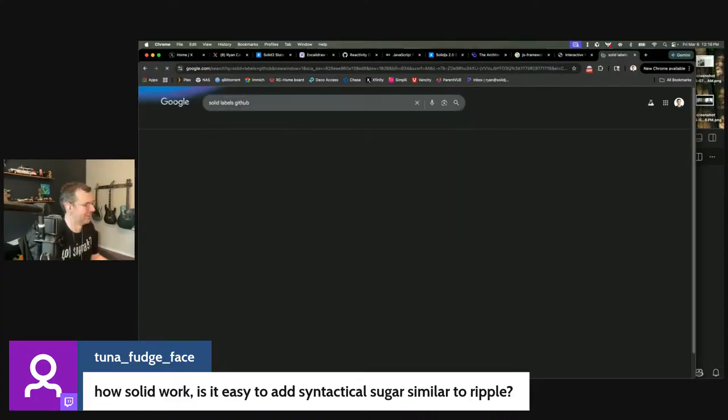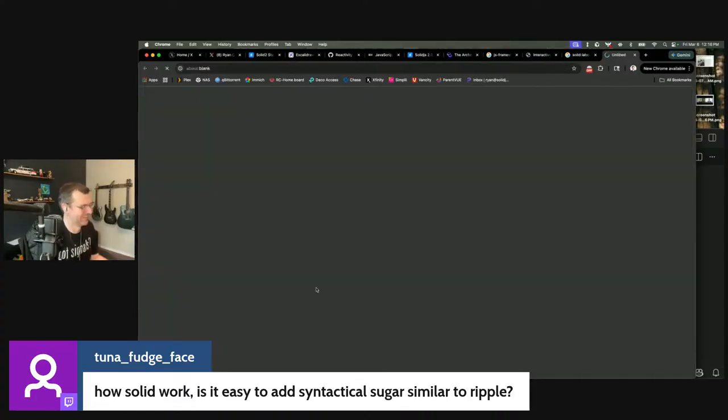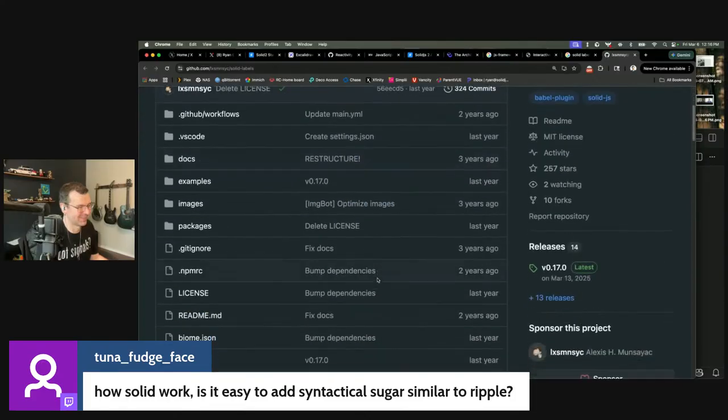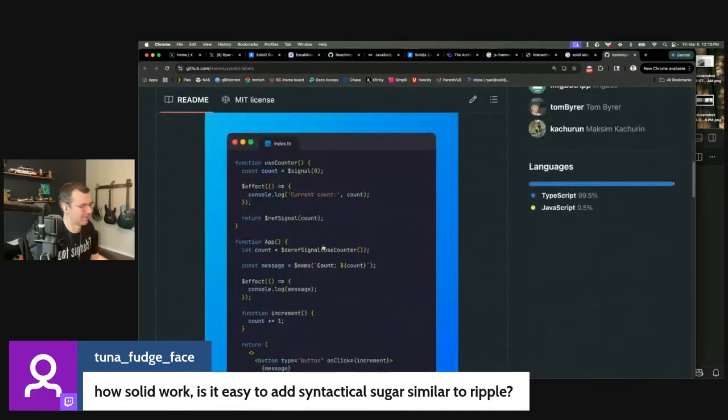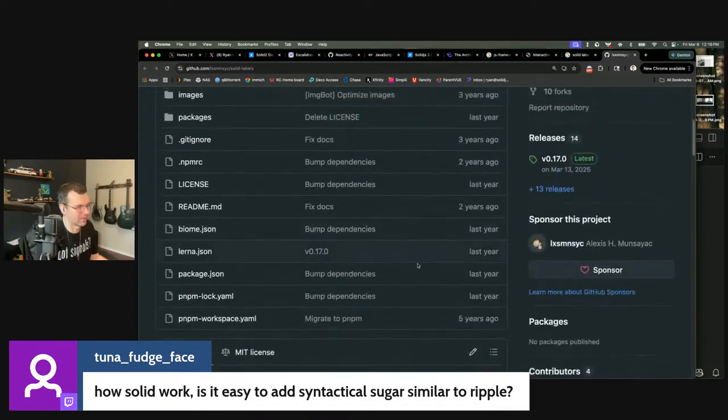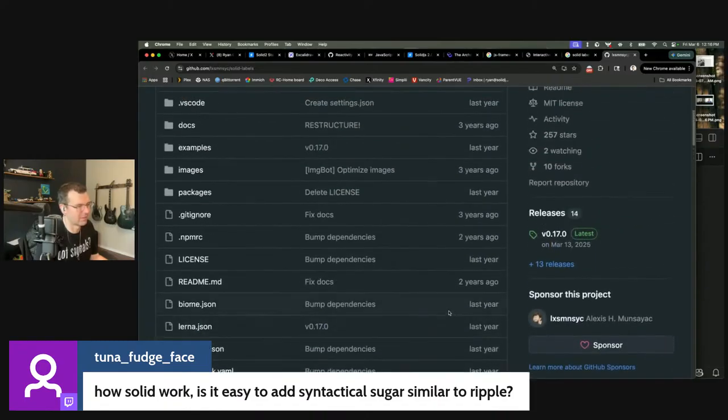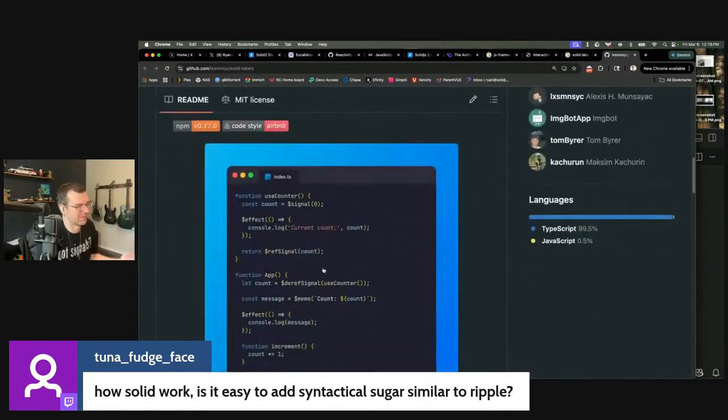GitHub. There we go. Yeah, it's SolidJS labels. So there's different kinds of things. Like this is a library that was released like 5 years ago. It's kind of funny because there's only so many places you can go in the design space when designing these things. So the fact that Svelte runes and Ripple kind of stuff looks similar to something that we released years ago is not surprising to me, but it's still kind of